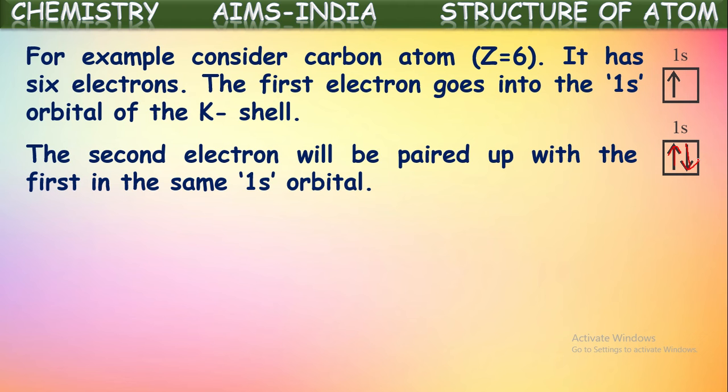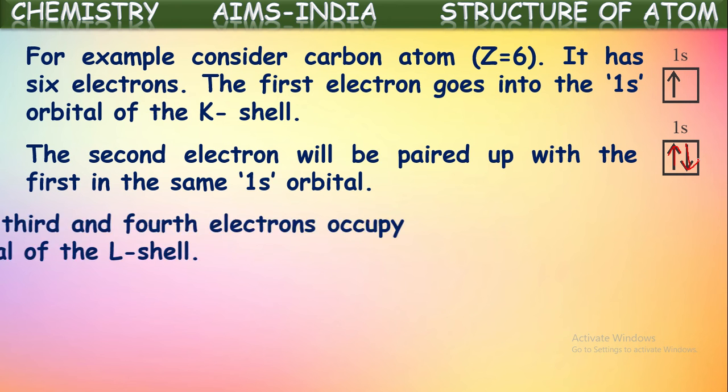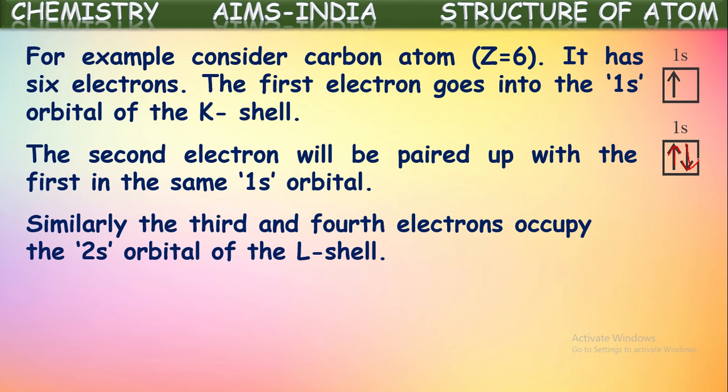Then the remaining electrons will occupy the higher orbitals. The third and fourth electrons occupy the next orbital, the 2s orbital, and pair up just like the first two electrons in the 1s. They fill this 2s orbital of the second shell, the L shell. See how it is shown? Already 1s is completely filled with the first two electrons, so the third and fourth electrons fill the 2s orbital. Totally, 4 electrons occupy these two orbitals.